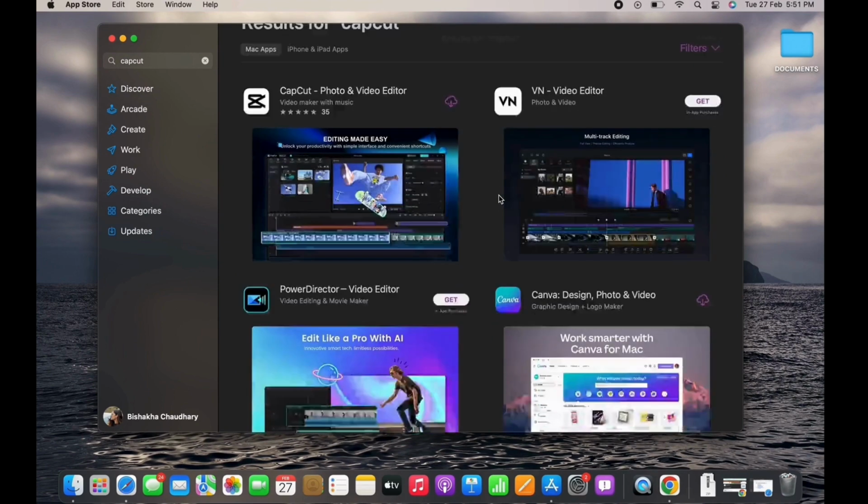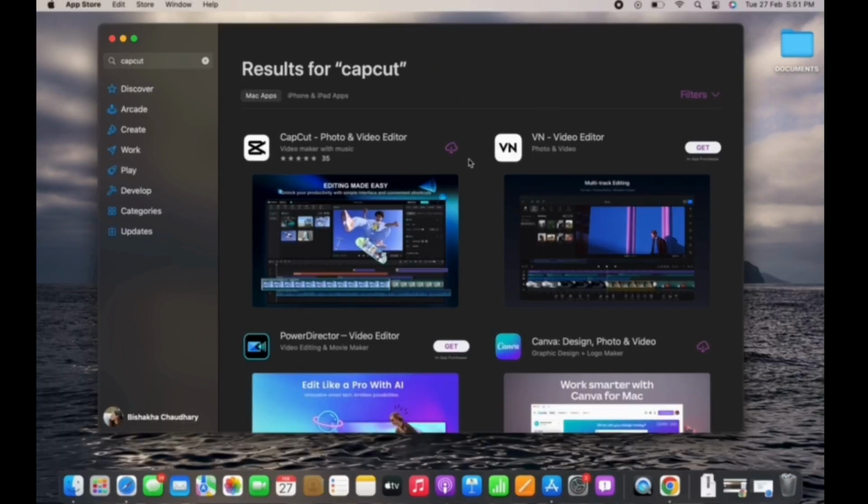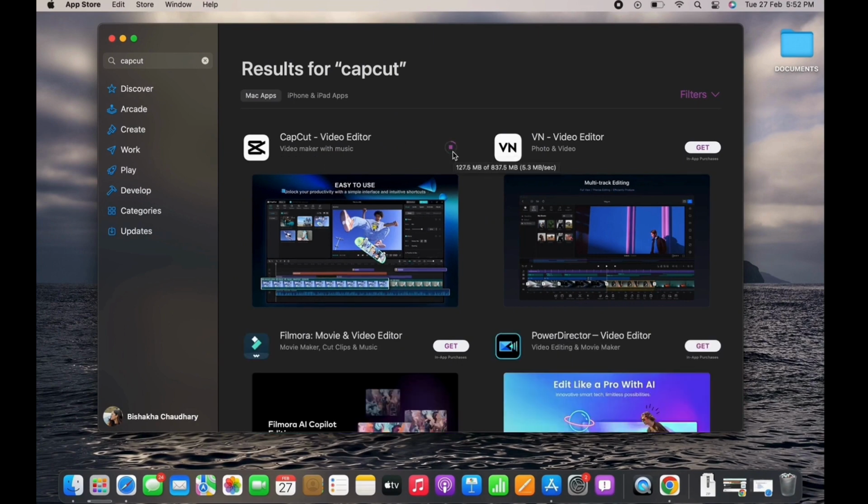Now, if you have previously downloaded the application, you will see the download button with a little cloud-like icon. So tap on that for the download to begin. And if you have not downloaded the application previously, you will see the Get button. So go ahead and now tap on the Get button and enter your Face ID or Apple ID password for